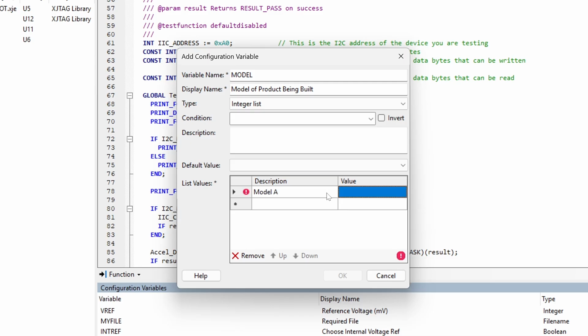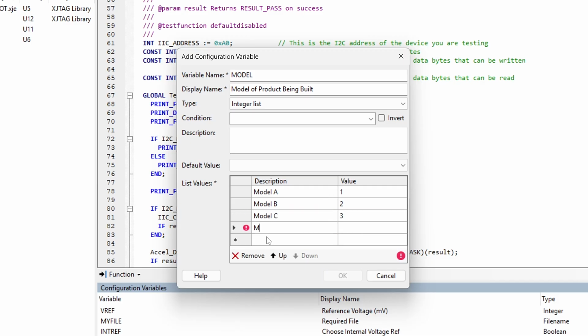So for example, if the value needs to be 1, 2, 3, or 4, depending on what product is being built, you could put model names in the description field so that those are what appear in the menu. That means someone providing values in the future can select something they easily understand from a menu rather than having to know how your test device file was implemented.